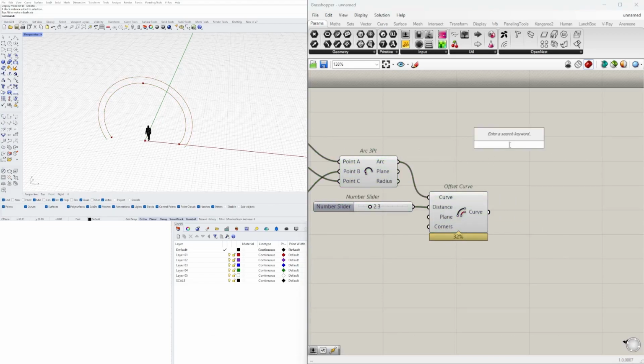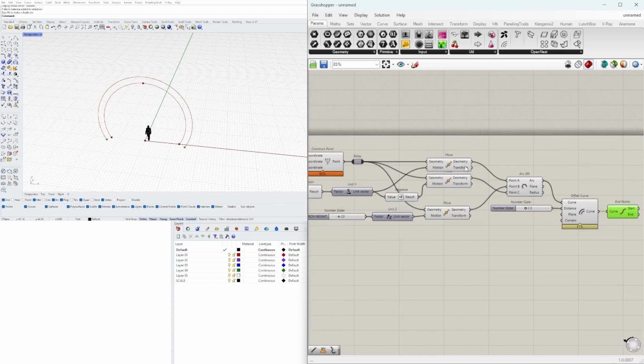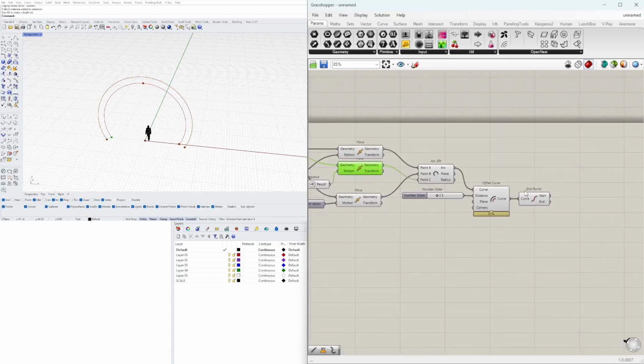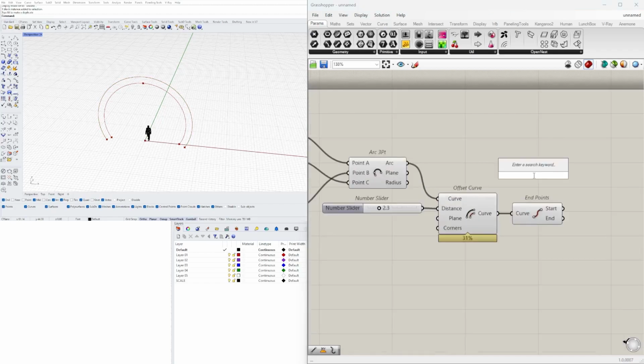So at this point, we can connect this and this to create a solid. So to do that, we'll go to endpoints component, and we need the endpoint of this one. This way we can connect the start points with the start and endpoints of the offset. So now we can go here, or actually,